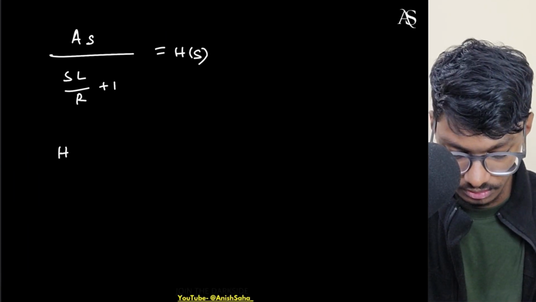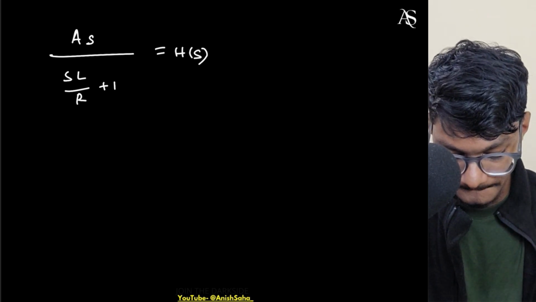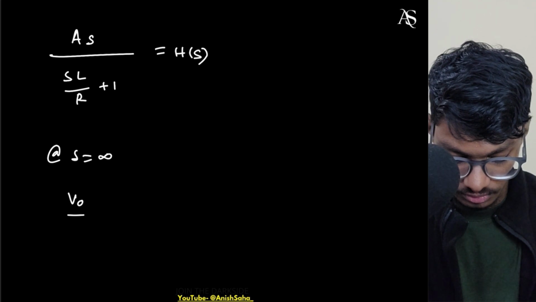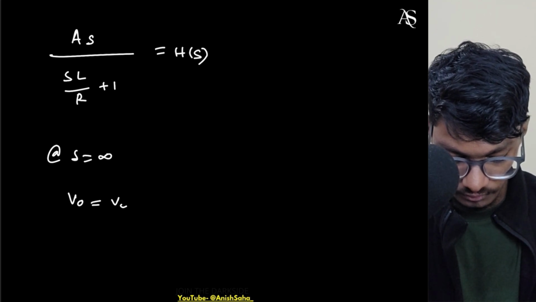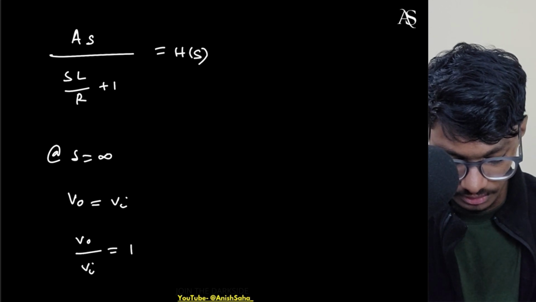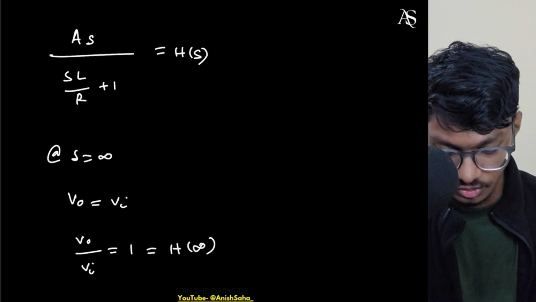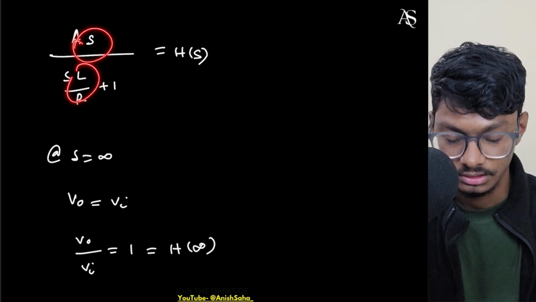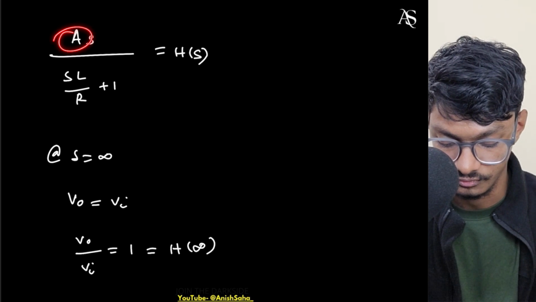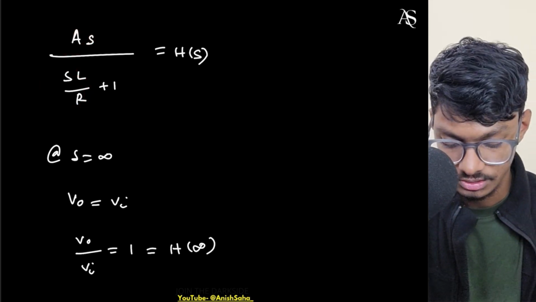So at s equals infinity, Vo equals Vi, hence Vo by Vi equals 1, which equals H of infinity. So if I put s equals infinity over here, then this should tend to 1. If I put s equals infinity, the coefficient of only the s terms will remain. So A by L by R